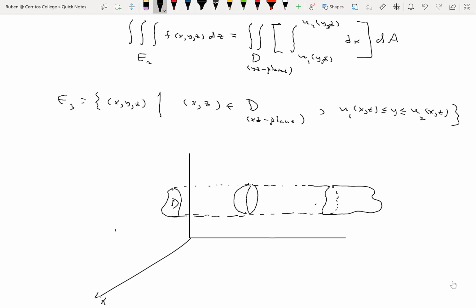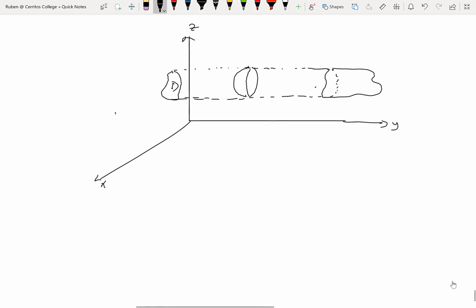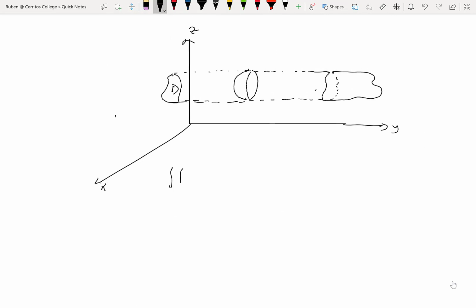And that's ultimately the region D in the xz plane. That's ultimately where our double integral that this triple integral gets turned into is integrated over. If that didn't make sense, don't blame you. So the triple integral over our E3 region, surface left, surface right, of function f(x,y,z) dV